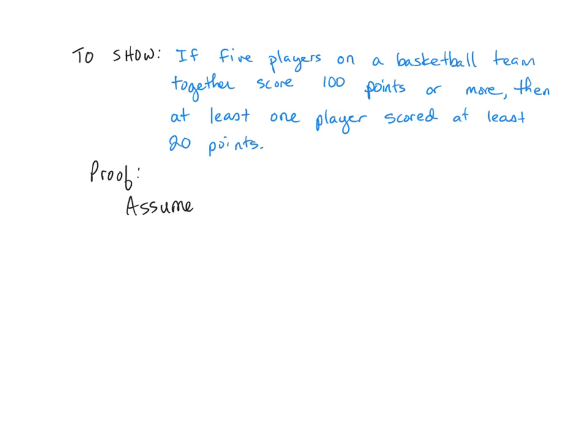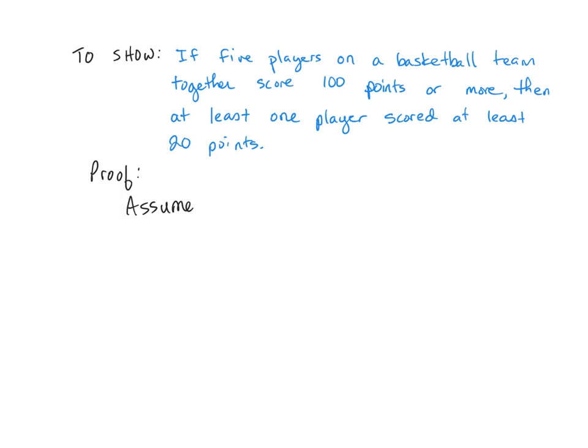Okay, hi there again. So I wanted to just walk through a proof by contradiction using kind of a non-math example. There's obviously some numbers and math in it, but it's not like other examples that you've seen. So if we take a look at this particular problem, it says if 5 players on a basketball team together